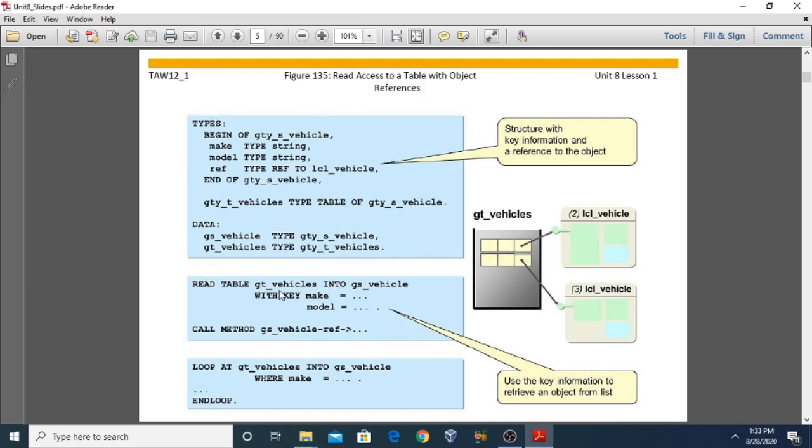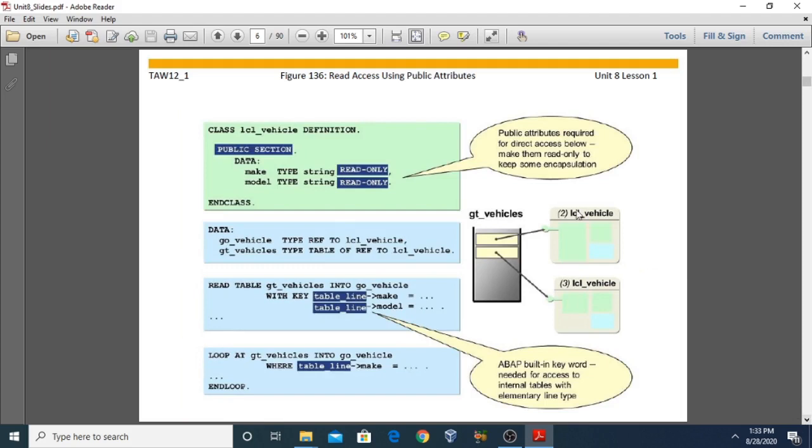These references can be easily retrieved by using the key references. So: READ TABLE gt_vehicle INTO gs_vehicle WITH KEY make, or you can take model. This way you can access the reference variable with the help of key information. Come to the next topic, read access using public attributes. When information is stored in the internal table with the key values, the key attributes are specified as public